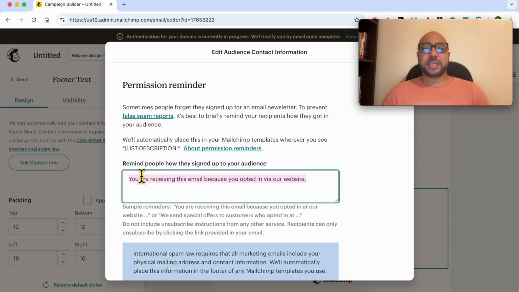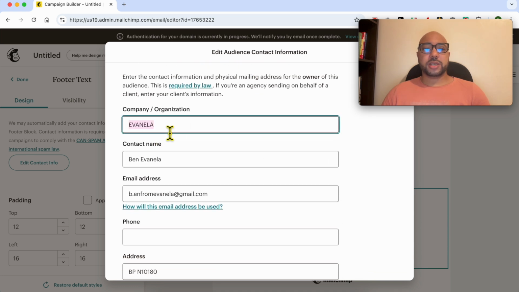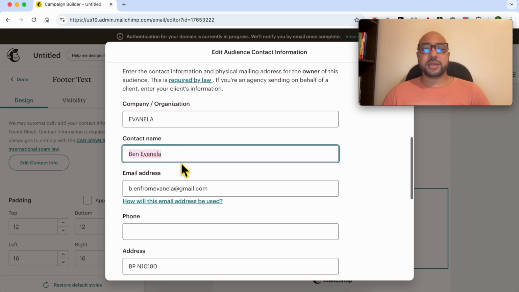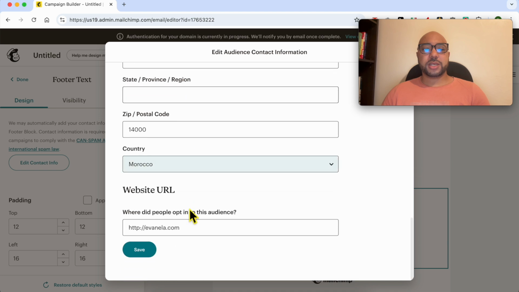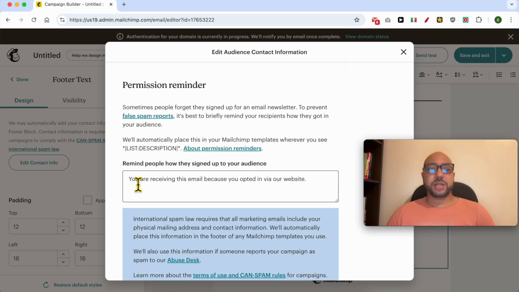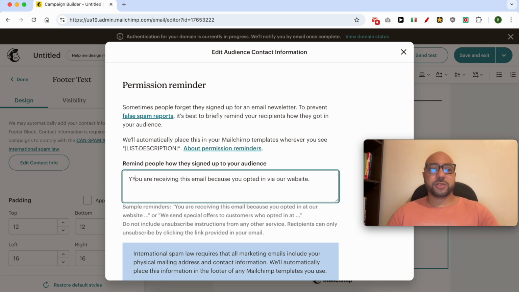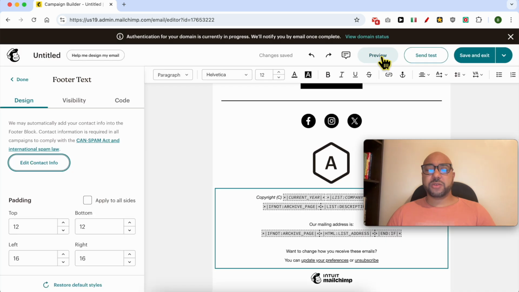You can edit this text that reminds people how they signed up to your audience. You can also edit your company and information, your contact name, email address, your address and website. For example, let's edit this text. For example, just add another Y, save this contact information, and let's preview this